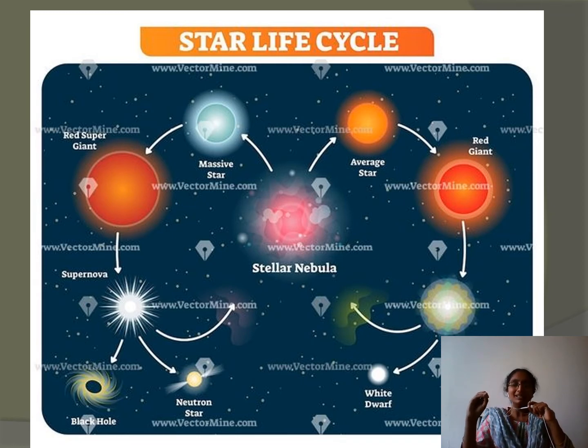If the mass is not average or minimal, then you can look to the other side of the life cycle, where it is a very massive star, and the combustion will not become a normal red giant, it will become a super giant combustion. So a big red giant star will be formed, and this goes to the stage of supernova, where it will be pulsing signals. Here the major conversion happens, a major turning point for the star. If the mass is very huge, then it becomes a black hole.